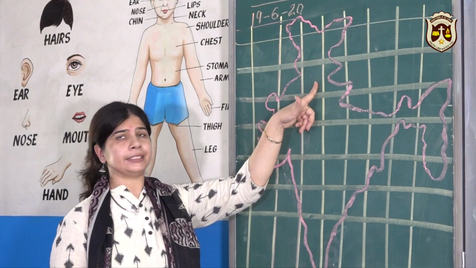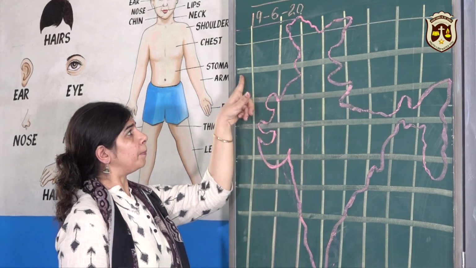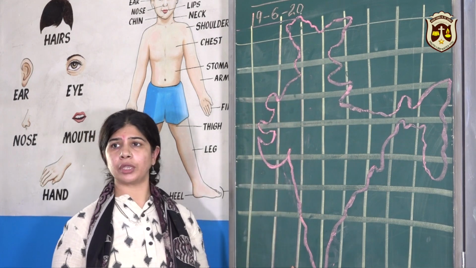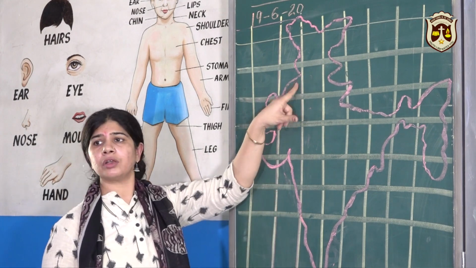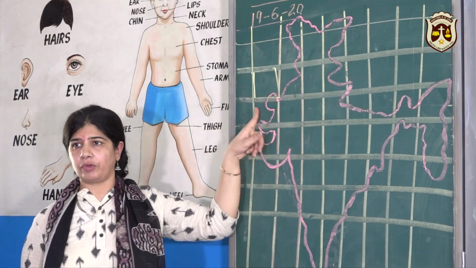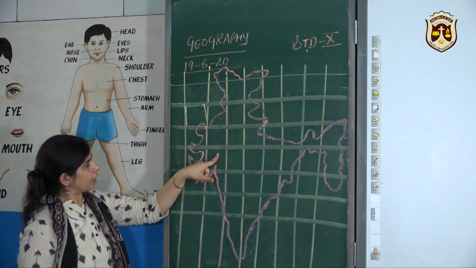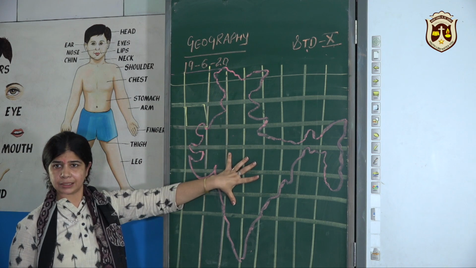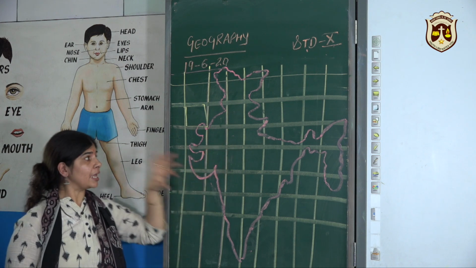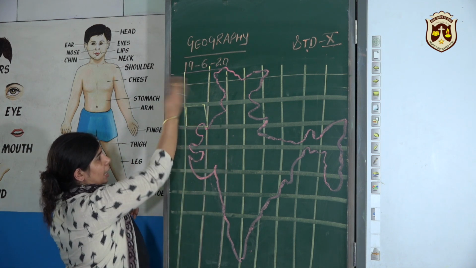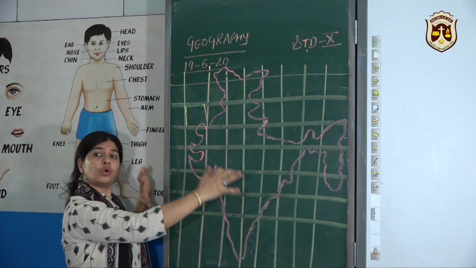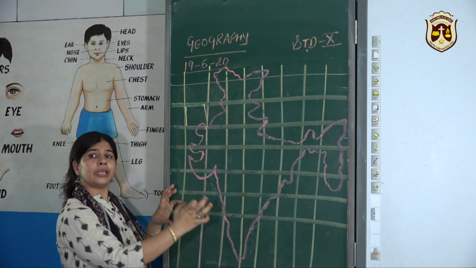These are the grids. Grids means the parallels of latitude and the meridians of longitude, which make a network. This is called a grid, a network. In the same way, India has some numbers, and these numbers we are going to study in the topo sheet. So many numbers are there, as I told you, 1 to 105. It is not possible to draw all the numbers. I will draw only a few.